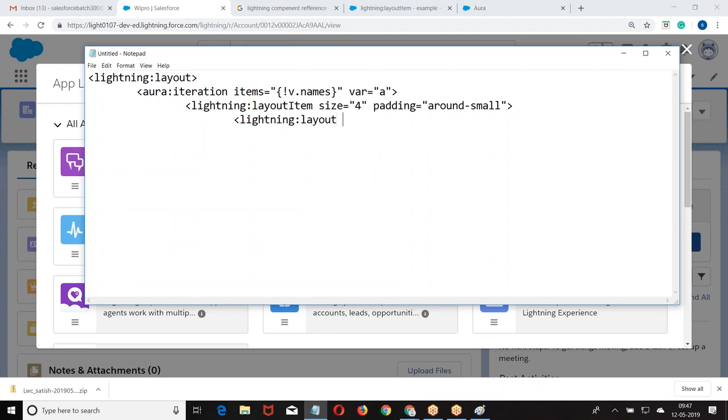Lightning layout. Now you don't get images and all this stuff, but the structure you can get.